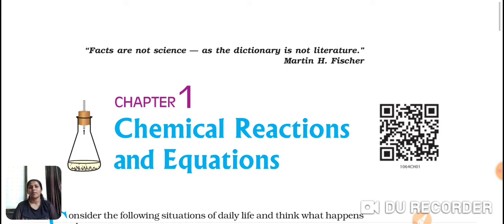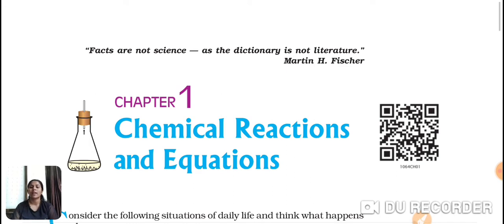For example, hydrogen reacts with oxygen to produce water. Another example is carbon reacts with oxygen to form carbon dioxide. Okay, so this is what a chemical reaction is, interacting of chemicals to form new chemicals. So here we can see two chemicals are combined with each other to form a new, different chemical.